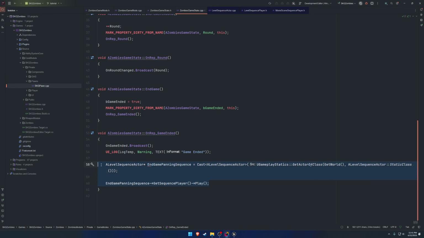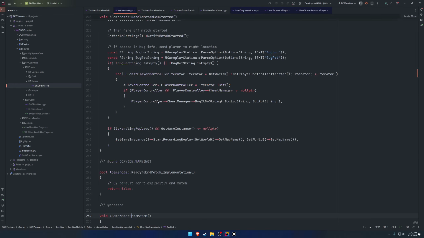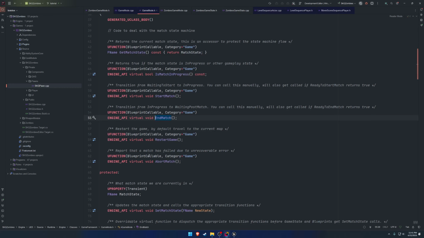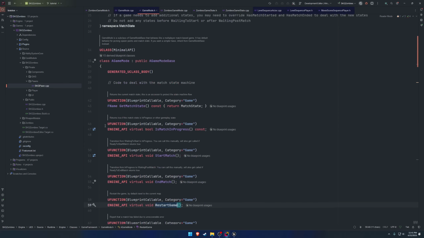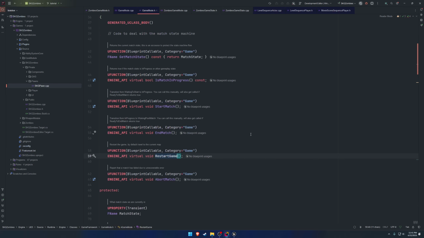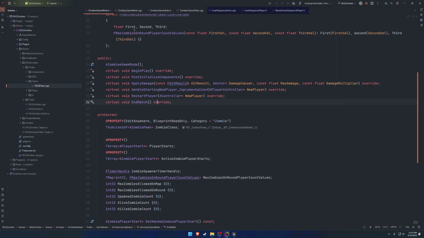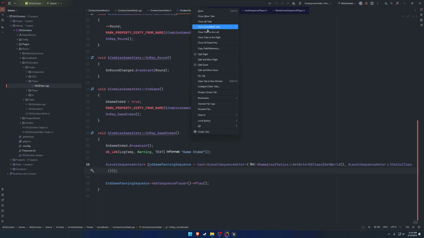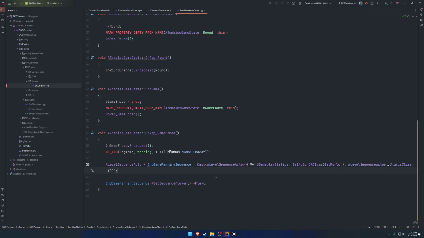Now, we could do that in here, but the problem is the game mode's restart game function is private. So can't really call it from an outside source. We more or less want to call it from the game mode. And that does kind of make sense as to why that might be. So we're going to do, kind of want to consider it like a hacky way to handle this. It's not too bad. But basically, because the on rep is going to fire on the listen server as well,